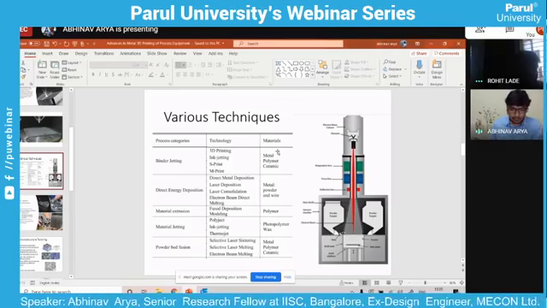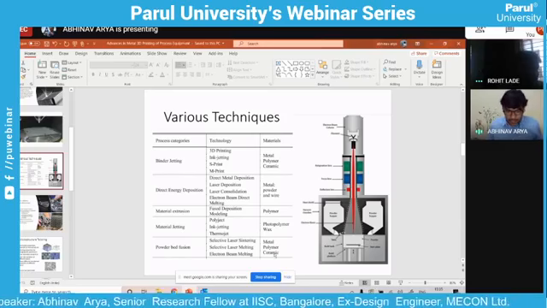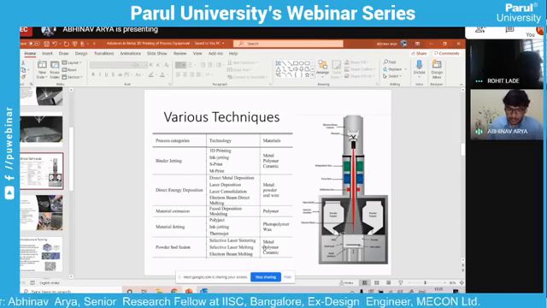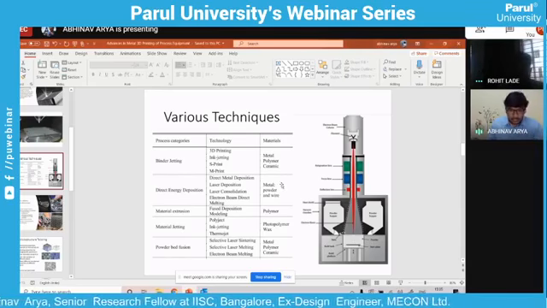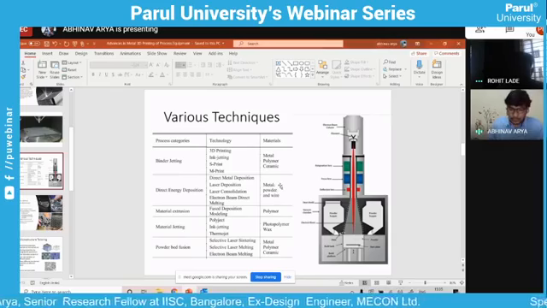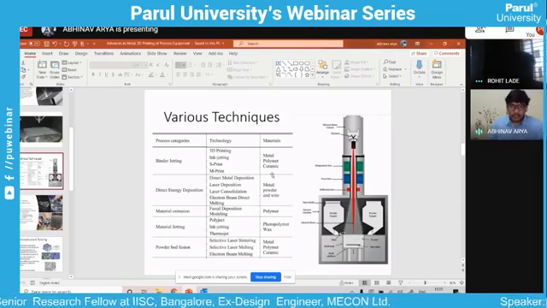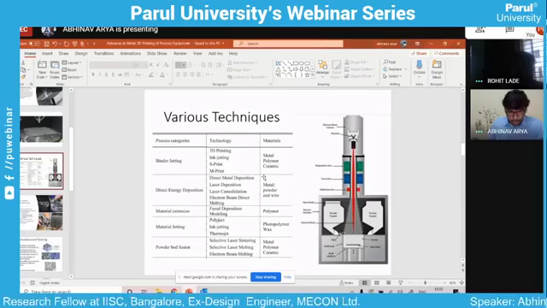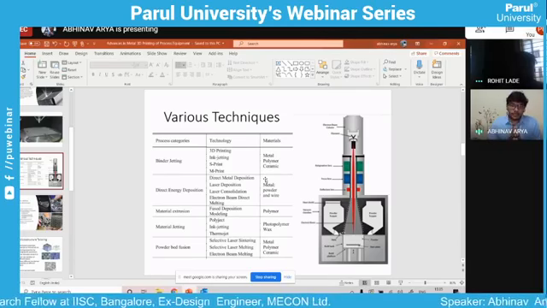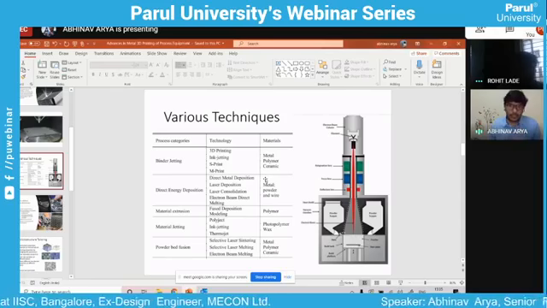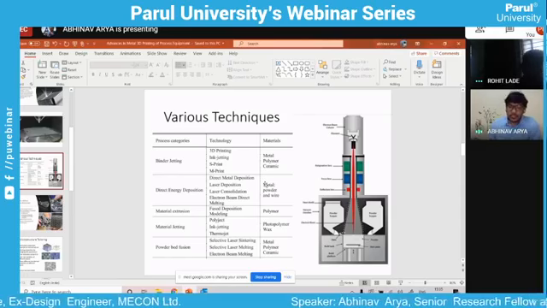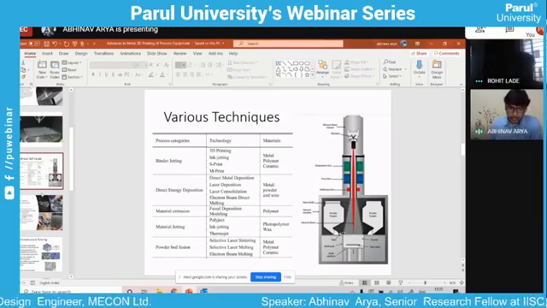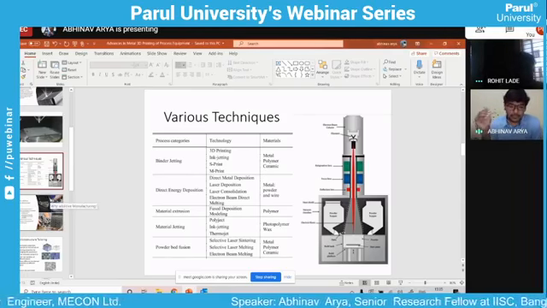Since I'm from a background of metal, I concentrated only on metal 3D printing, but polymer 3D printing is very widely used. Then ceramic 3D printing is also used. In metals specifically, in the aerospace industry we produce the Ti-64 alloy. The titanium alloy is the most used alloy in the aerospace industry, and it is produced using additive manufacturing.